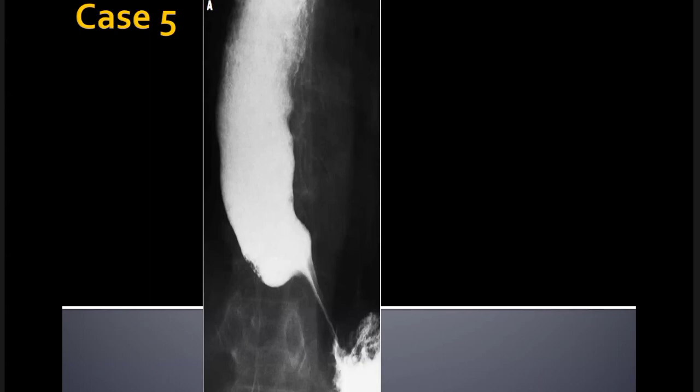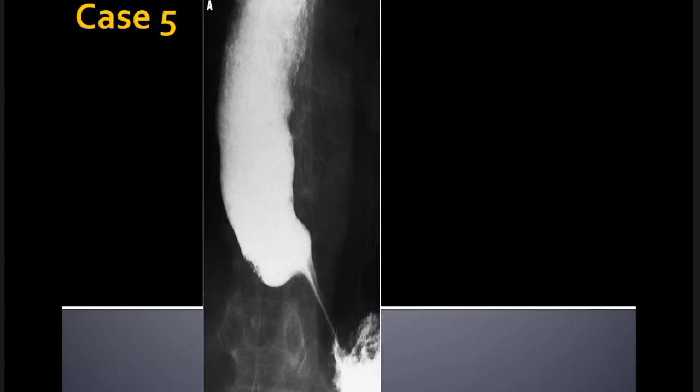So I guess what I was getting at actually is pseudoachalasia basically refers to malignant stricturing. Okay. And on the barium study, one way in which you can potentially differentiate between true achalasia and malignant